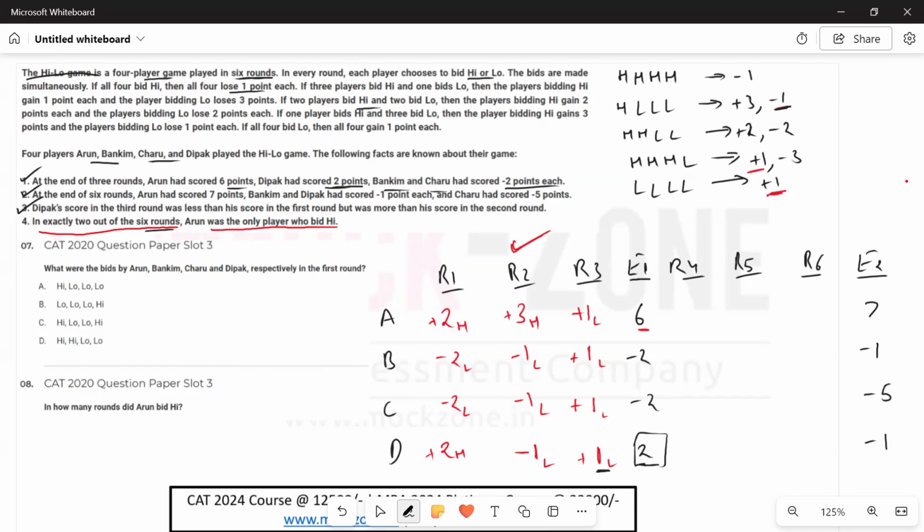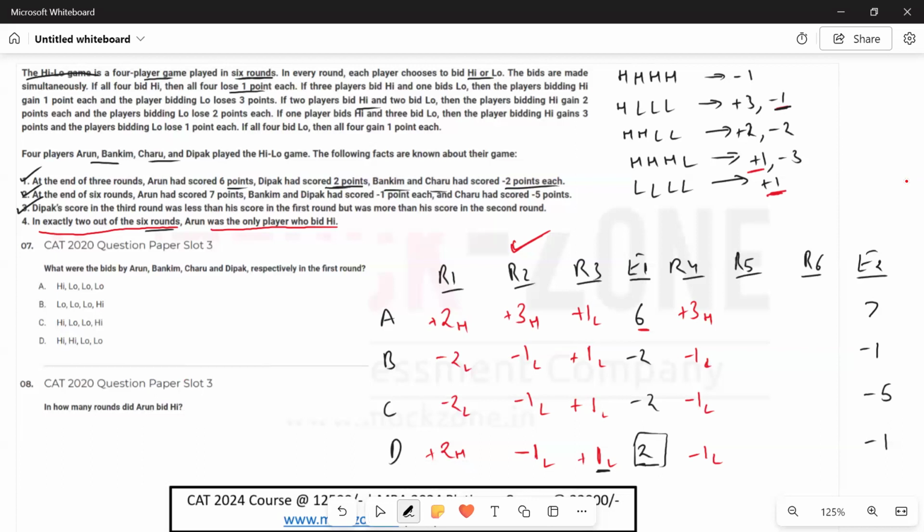It can be any of the R4, R5 and R6. But let us assume it is R4. So +3 high, -1 low, -1 low and -1 low. ठीक है. So ये कितना हो गया? ये 9 हो चुका है. हाँ. अब अगर ये 9 हो चुका है, then it has to come to 7 by the end of round